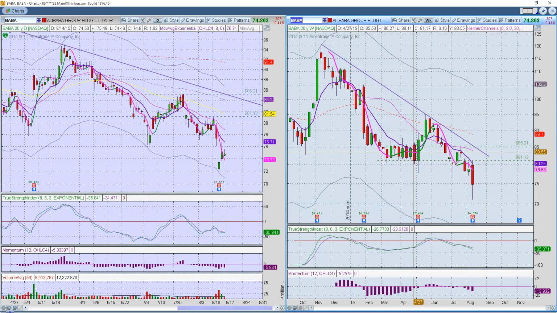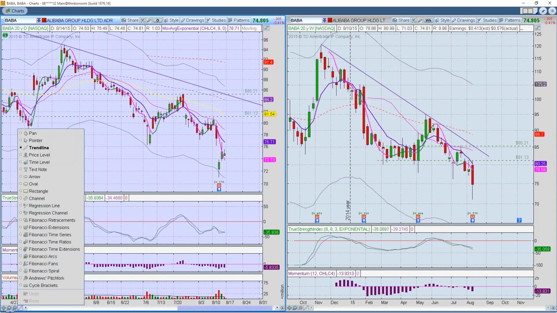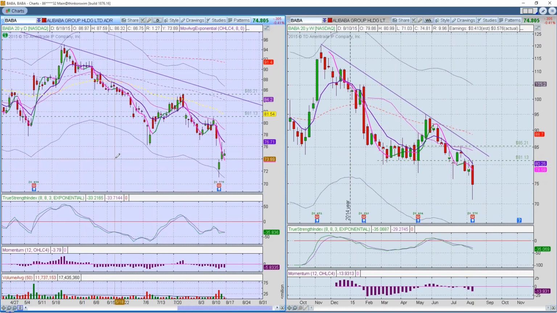So this one, one of the things you can look at with this particular Baba is that shakeout plus 3 type of move. You can either take this low here at 76.20 or this one here at 77.72. And if we do break, here's a little trick you can do.